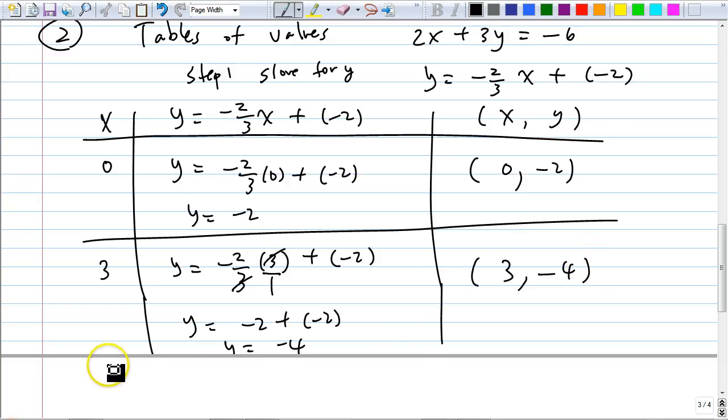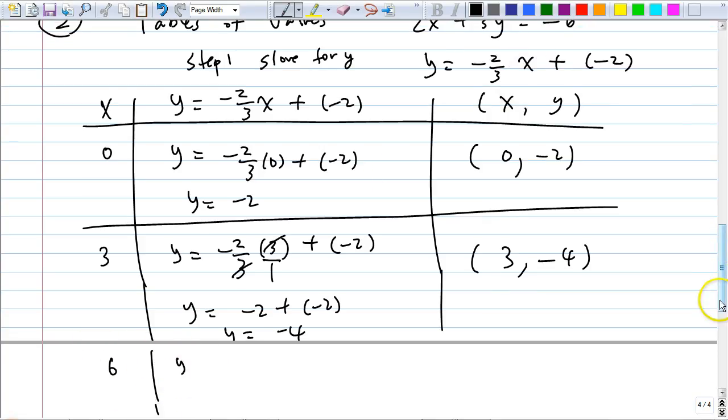And let's do just one more. Let's plug in. Do you think we should plug in 5 or 6 or 4? 4. We got 3. 4 would not be good because you get fractions. And 5, you still get fractions. But if I plug in 6, which is a multiple of 3, we get